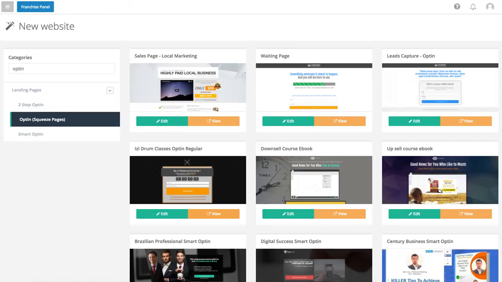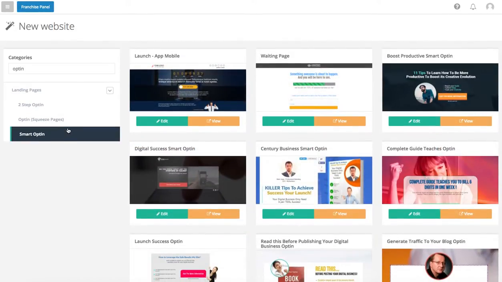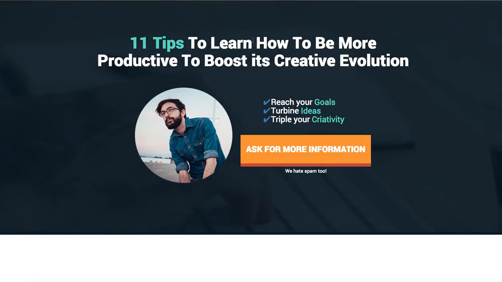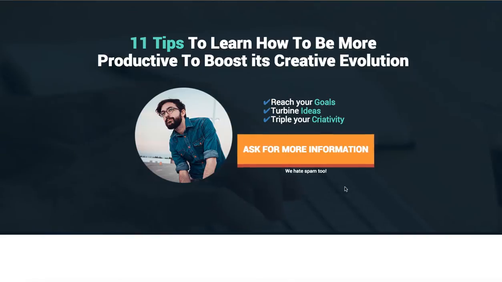Now the other one we have here are smart opt-ins. Now these work a little bit different. These are working by just one button. So let's come here and view this one. For example, we'll come here, 11 tips to learn how to be more productive. What we're going to do is get rid of this text anyways. We're going to get rid of all of this stuff, change the image. But what I want you to see, once again, is the structure of the page. It's not a beautiful page. However, what you can see is that it's very simple, straight to the point, and it has one button,